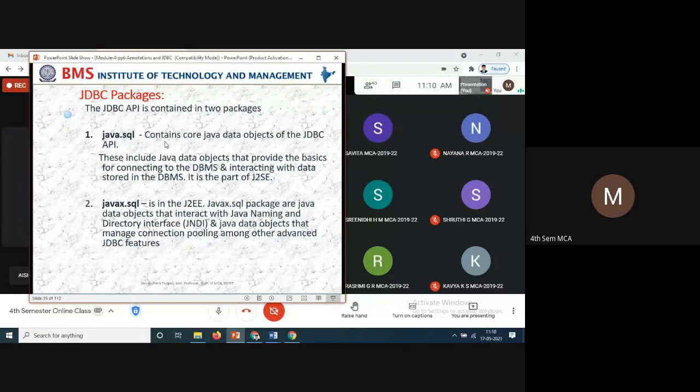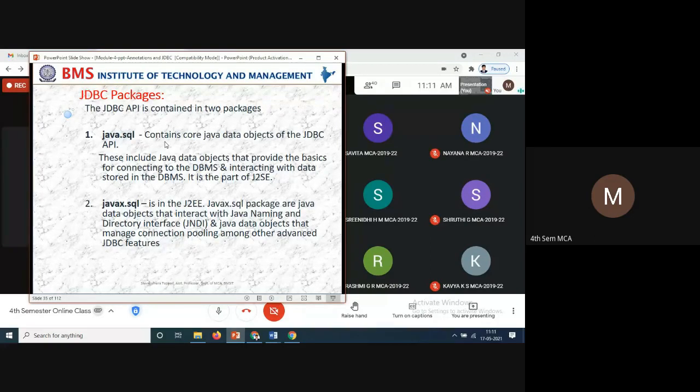So the basic core Java objects required for the connection to the DBMS are created, and they interact with the data stored in the DBMS.